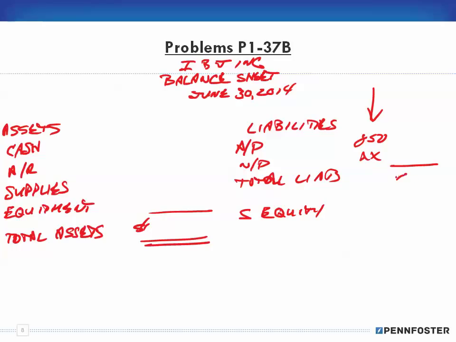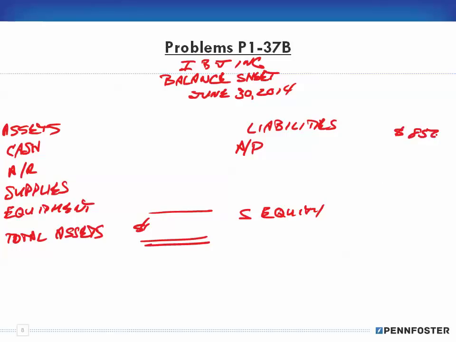And I would have whatever that total amount would be here. Okay. That's how that would look if I had more than one account. But that's not the case. All right, I only have the one account for accounts payable, so I can just put that in the rightmost column